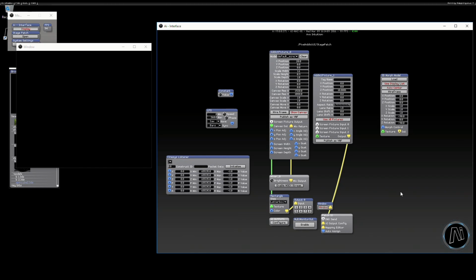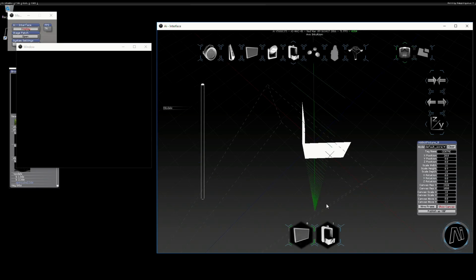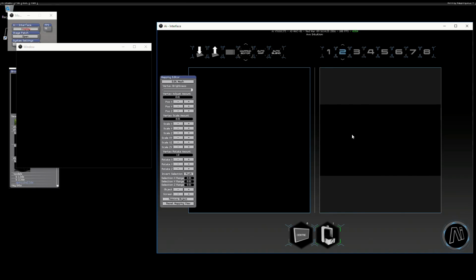I'll just put myself around in the right orientation. There we go. So let's have a quick go to our stage construction page. Now we can already see this surface within AI. We note that it hasn't got any texture, but if I go to the output page, we'll see that the projector as yet cannot see this,